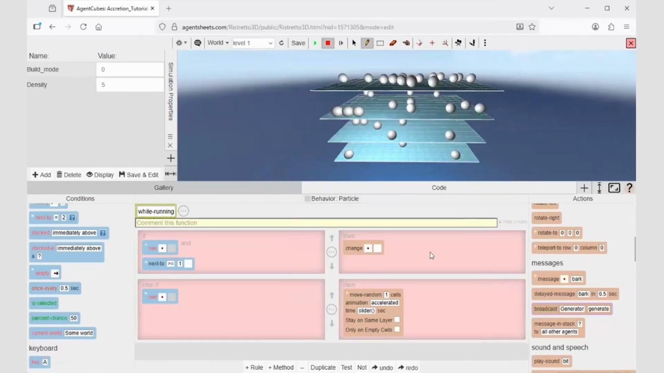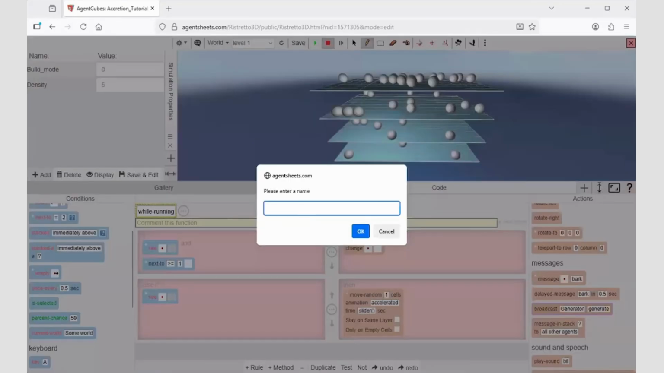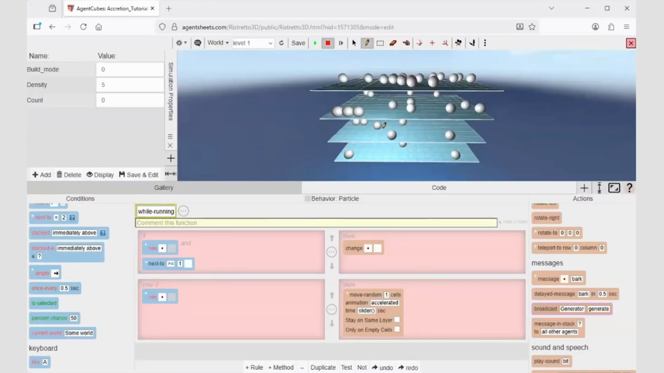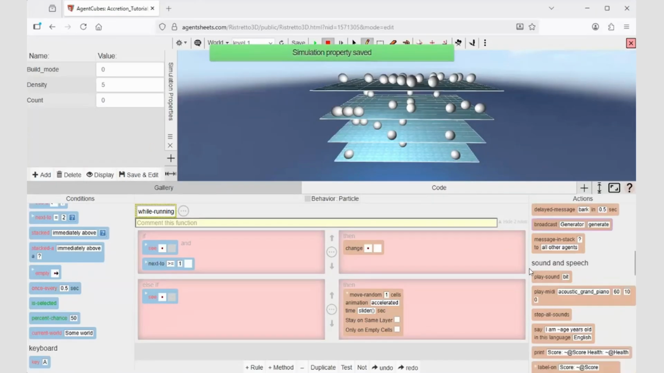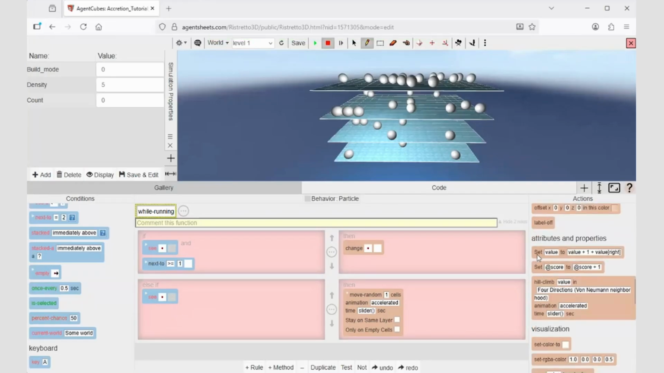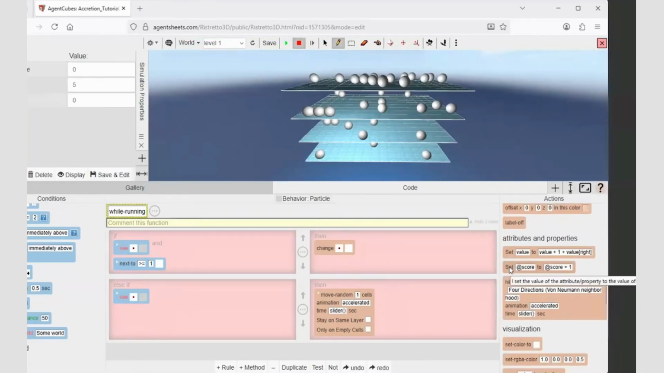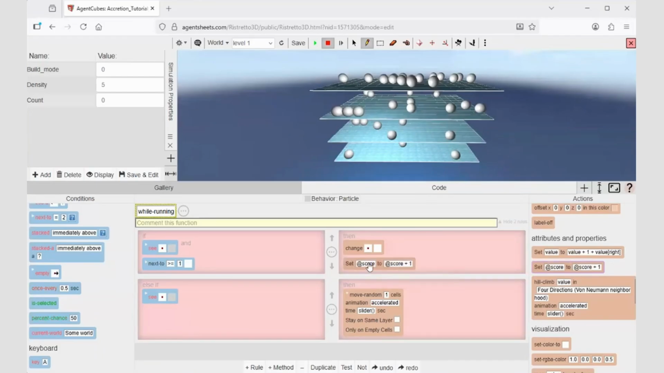Well, we don't know what that is. So the first thing we have to do is create a new simulation property, we'll call it count. I'm going to save it. I'm saving the table. And we're going to say that when a particle gets stuck together, in addition to changing it to be fixed, we're going to set @count. Notice we're referring to @count. It's automatically represented in the simulation property table choices with the @ to